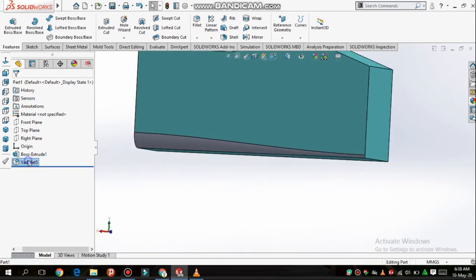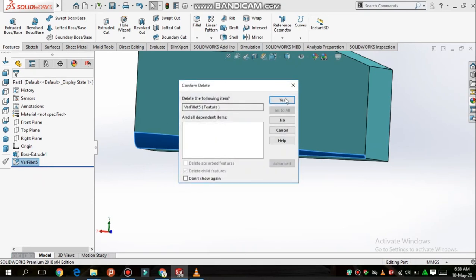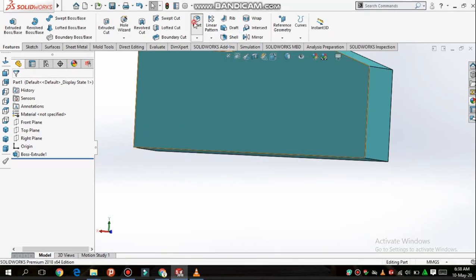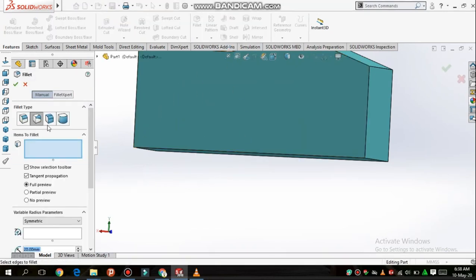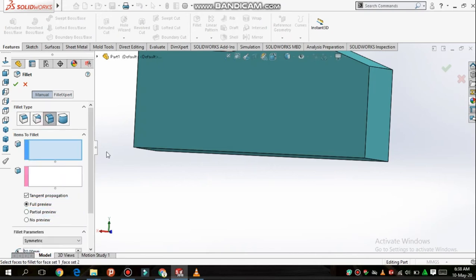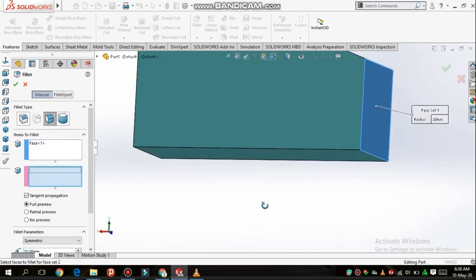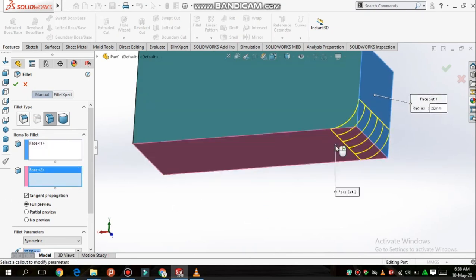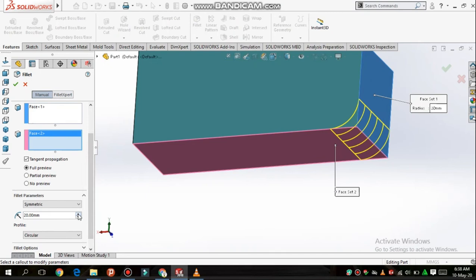So again delete that feature. Now again go to the fillet command. Now the third one is the face fillet. To use this type of fillet you have to select at least two faces. Let's say select this face and this face. Now you can see fillet is created. The benefit of this type of fillet is you can adjust it according to your requirement up to the end of the face.